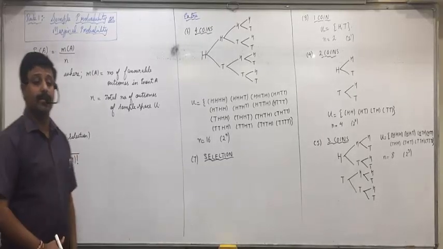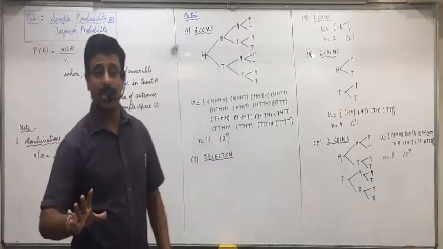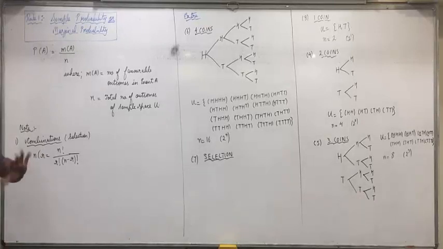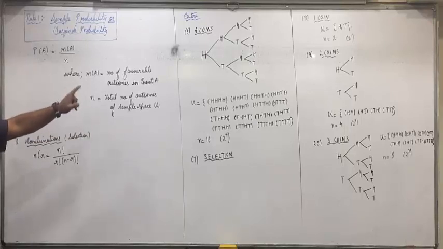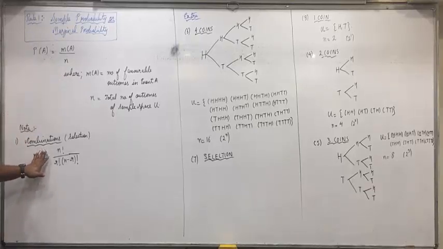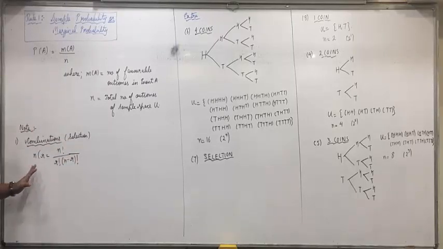Permutations questions are also there, but I will do that at the end of the chapter, because there are only 3-4 such questions in the whole chapter. And you get confused with too many concepts in the beginning. So in the beginning you just remember 2 concepts. Any questions of dice, coins, children and numbers, we will make the sample space and find the value of n, and make events also to find the value of n. But if any question of combination or selection comes, then we will not make this and waste time. We'll directly apply the formula to get the value of n: nCr, n factorial upon r factorial into n minus r factorial.